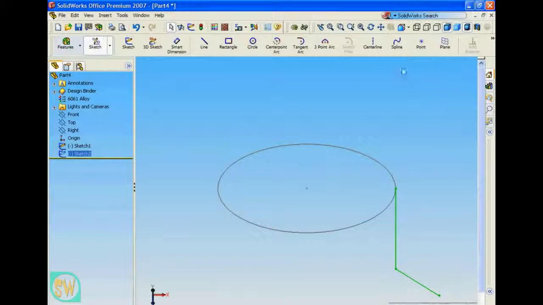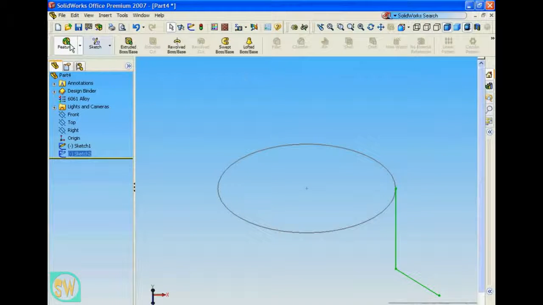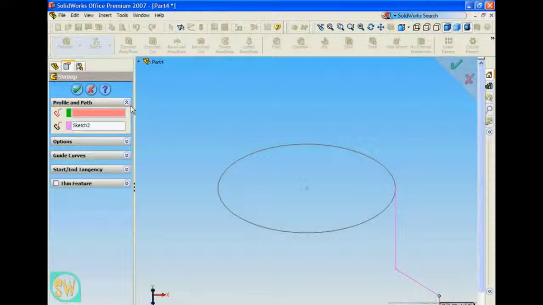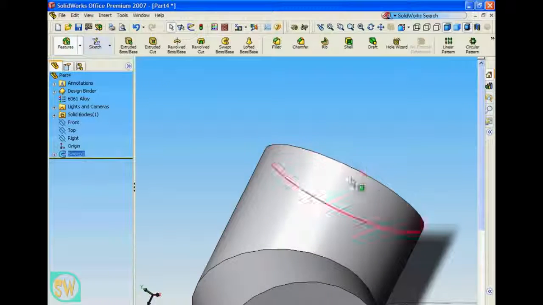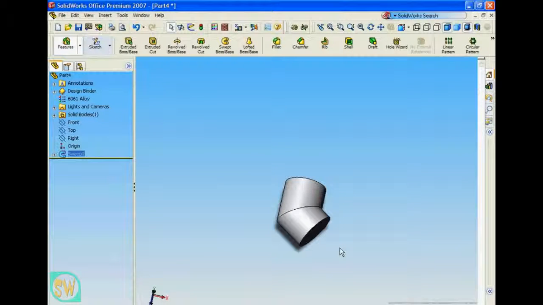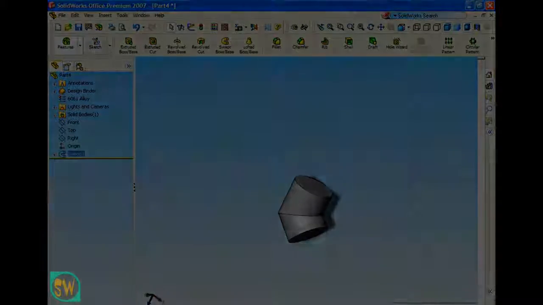Click OK, click Feature, click Swept Base. Now again, it's already got our profile line for the body that we're going to use. Click Sketch 1, click OK, and it extrudes out. Now this tool is actually very nice if you want to make a roll